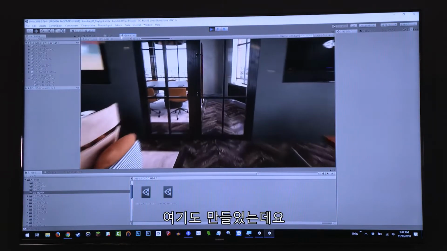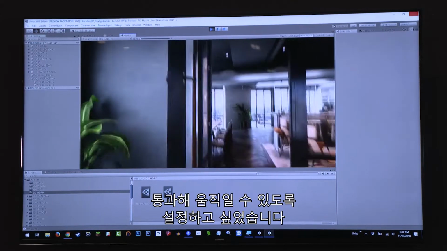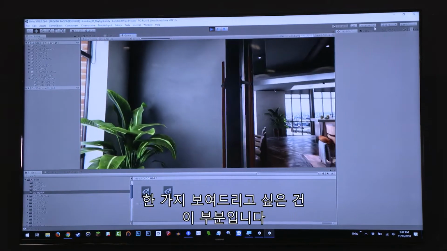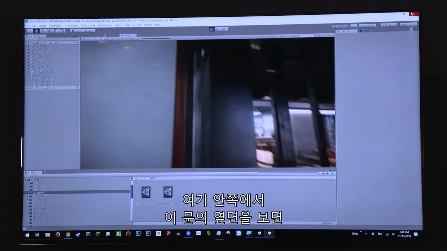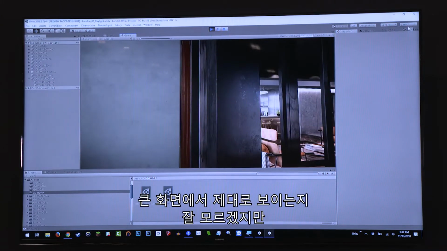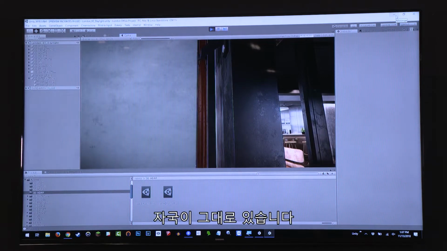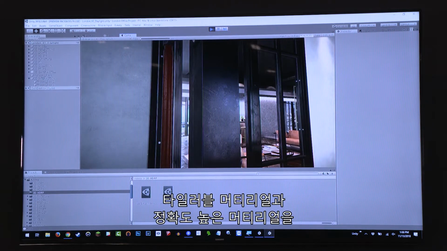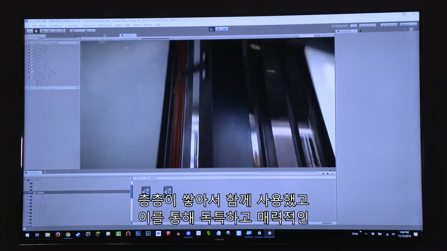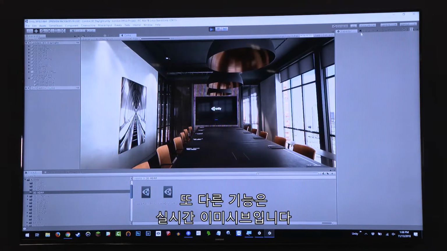So we also have this rigged up. It's a walkthrough, so we set it up so that we're able to move through doors and everything like that. One of the things I want to point out here that we'll look at again once we're poring through the project is things like this. Maybe let me get to the side here where we can see it. If we look at the side of this door inside here, and I don't know if it's visible on that screen, what we effectively have is the actual grind marks from where this steel door was ground at the factory. This is built using a layered material, so that we can use a tileable material with a high fidelity material layered on top of each other to give ourselves a really unique and compelling visual look that's very accurate.